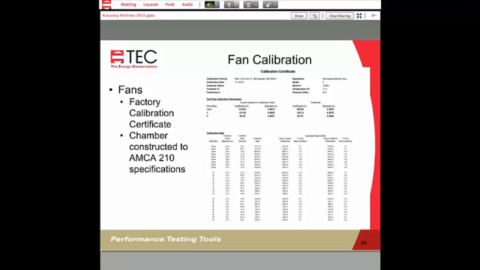But basically, when a fan gets calibrated, and our chamber is constructed to AMCA 200, AMCA standard 210 specifications, when someone gets this calibration, we take a number of readings throughout the entire range, whether it's open fan, ring A, ring B. We do have options of ring C, D, and E. Those just make the calibration sheet a little bit longer.